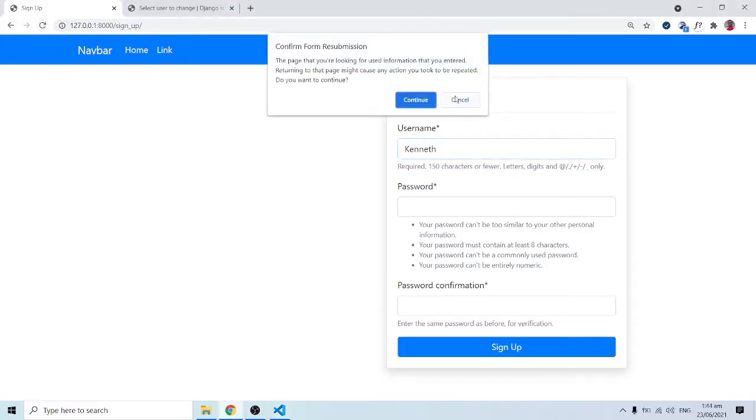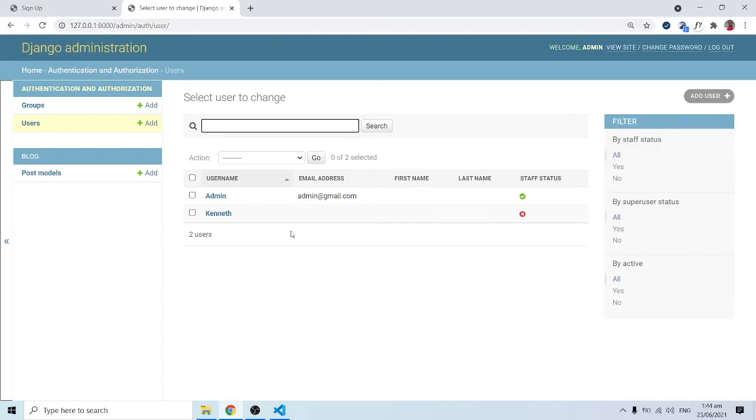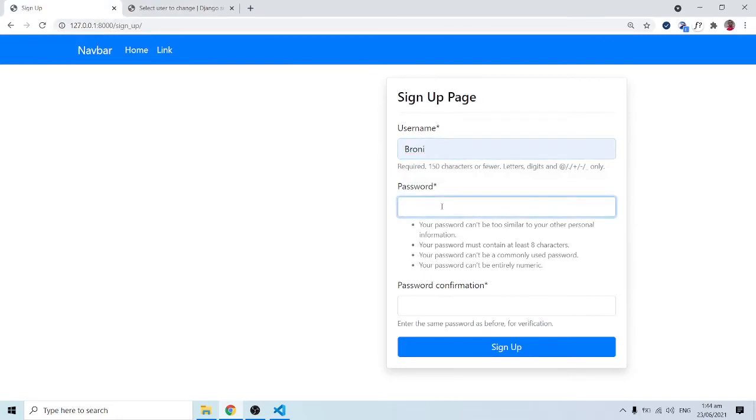So when I refresh, and once again you can see that that particular thing is popping up over here. Let me do the refresh over here. So now we have Kenneth registered over here. So now let me register Bruni. So we have Bruni here, and for password I'm also going to type in this password,